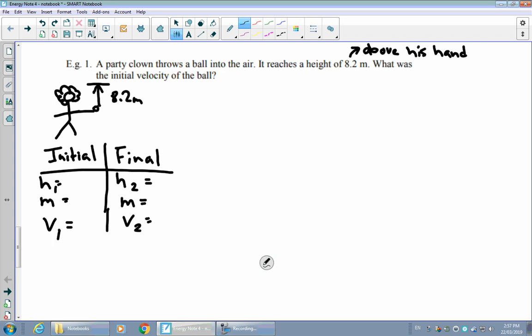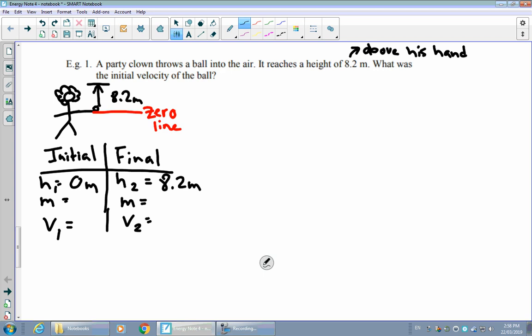And then we can think about things that we know from the question. Well, remember that with any kind of gravitational potential energy question, you can always decide and determine what you are considering the zero line for your height. So we could actually just measure height as starting from where the ball is actually being thrown. So we could say that the hand itself is the zero line. And that's a really powerful tool, because then we know that the initial height is really 0 meters. And that also tells us that the final height is going to be 8.2 meters above that zero line.